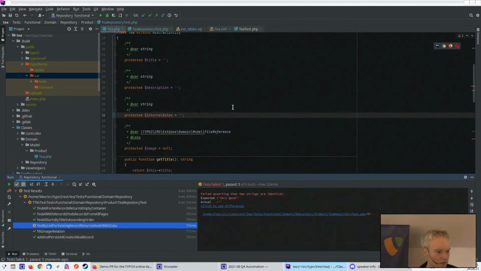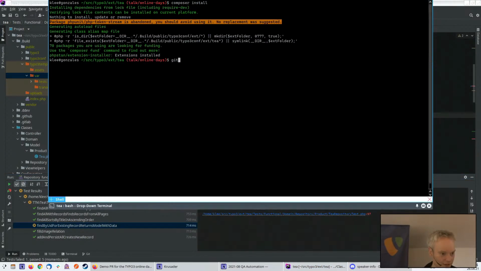Okay, this does not work yet. And that is the cliffhanger. If you like, you can continue here. I commit this because I'm running out of time here. Git commit